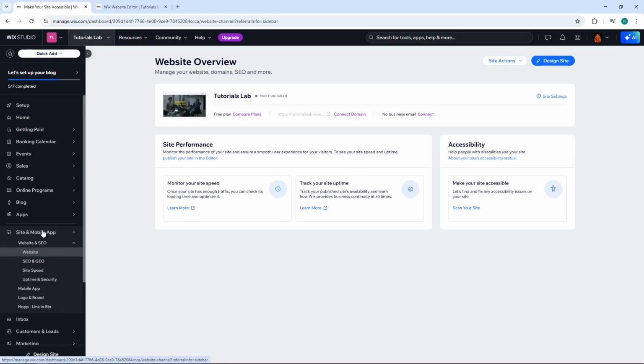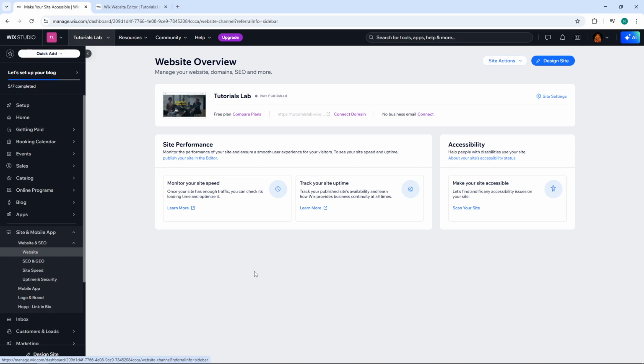A drop-down selection will appear with several options. From here, click on Website. This will take you to the section where you can manage all your website settings and content. Now, you should see a preview of the website settings you currently have. Take a moment to make sure that this is the correct website where you want to add an image and create a watermark. It's important to confirm you're working on the right site, especially if you manage multiple websites under